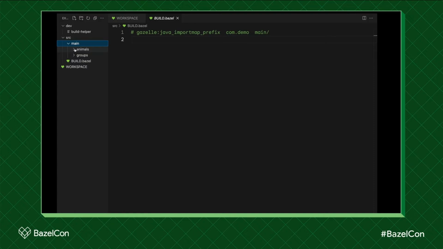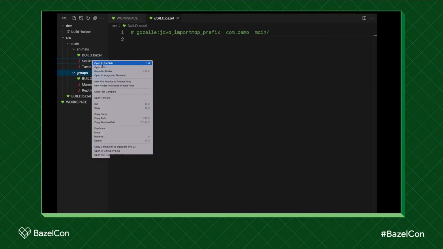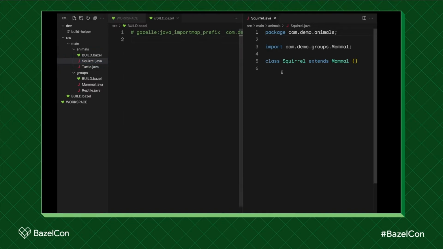Under here, we have two subdirectories, animals and groups. Call them squirrel and turtle. Let's check out squirrel. In here, we just have a single class that extends a base class called mammal. The base classes for this demonstration exist under groups, which we see under here.